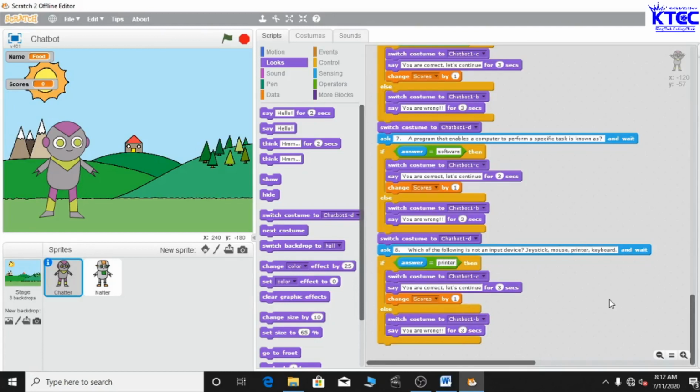If the answer is equal to printer, then you switch to chatbot 1C and say you are correct. Let's continue for 3 seconds. This scores 1. So after this, the total score from stage 1 to stage 2, we have 8 questions, so the total score should be 8. We now have to keep track of the score and see whether the person is able to qualify to